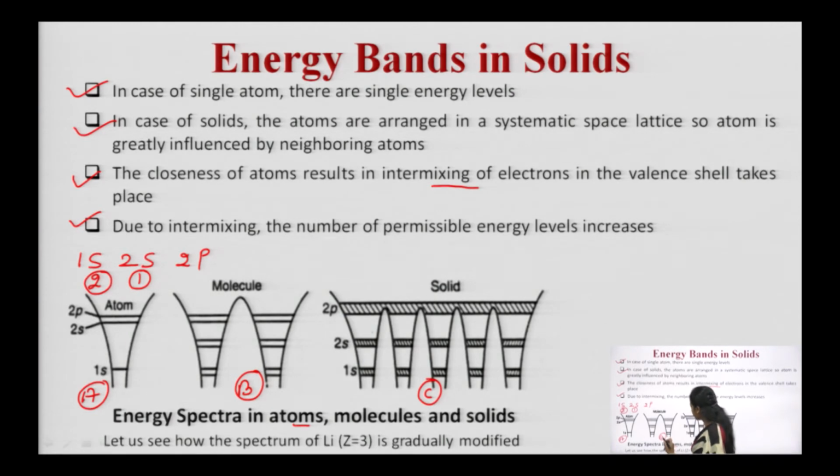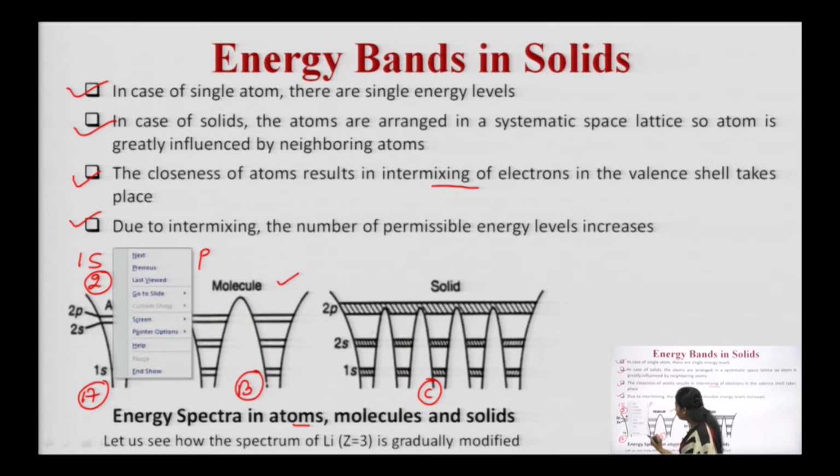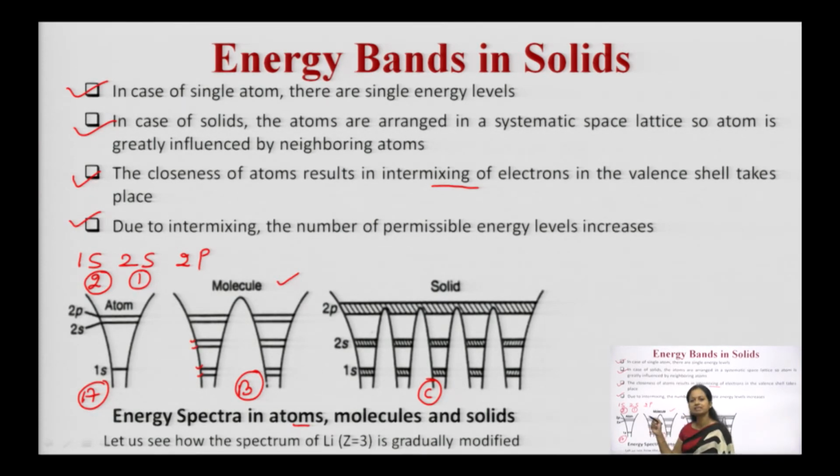Now let us discuss the second case B1, where two lithium atoms have been combined. So a molecular structure. Here you can see a doublet kind of pattern, and corresponding to 1s you can see 2 levels have been drawn. One level is this one, and the second is this one. Corresponding to 2s again 2 levels. But how have these levels been drawn? What do you understand by this, and how do you relate it? This concept is known as the splitting.